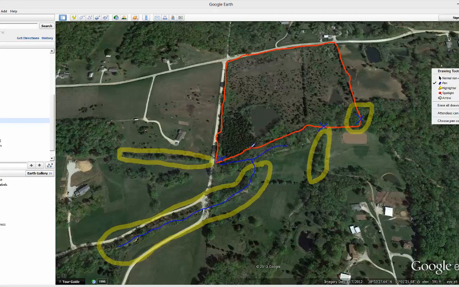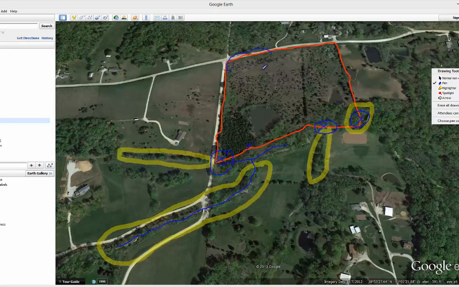Okay. So I mean, you could hunt here, but the problem is the property line is too far away from the funnel. But if you're hunting here, here, and here, you're basically covering the entire property. Okay, and the only other spot that there could possibly be a funnel on this property would be right here